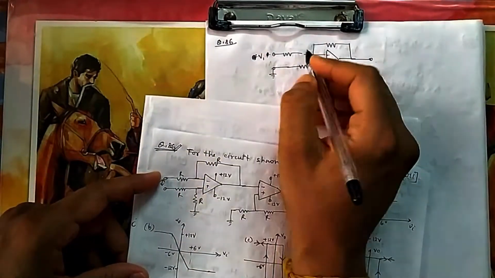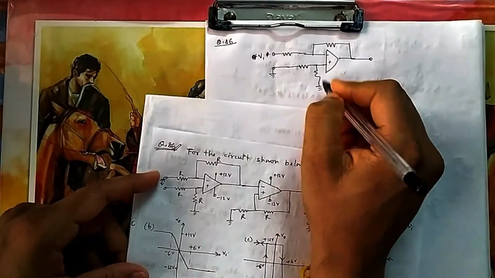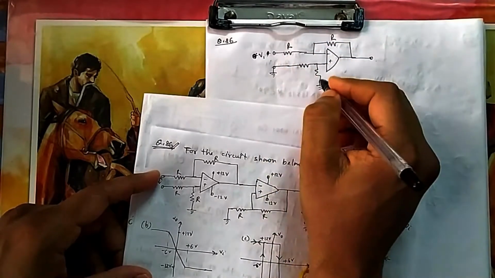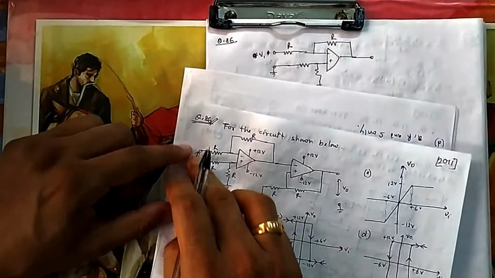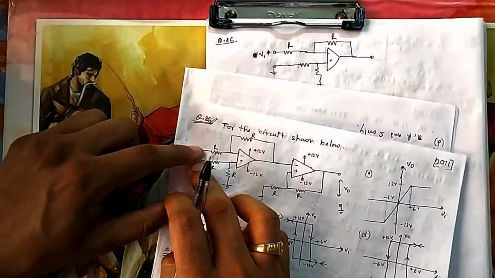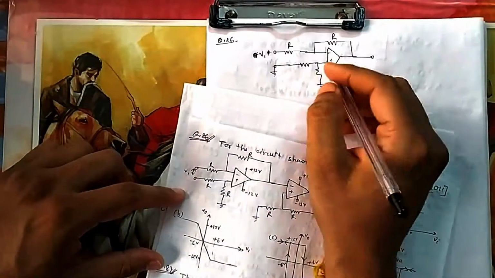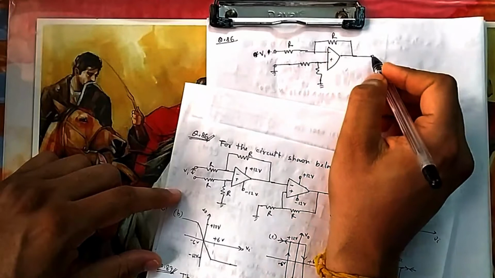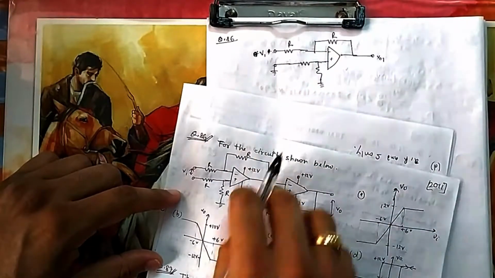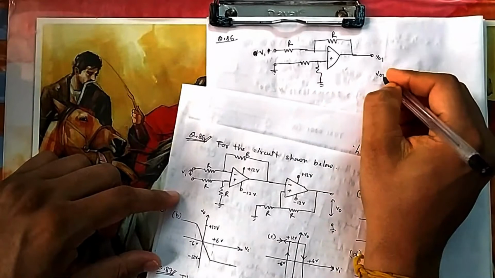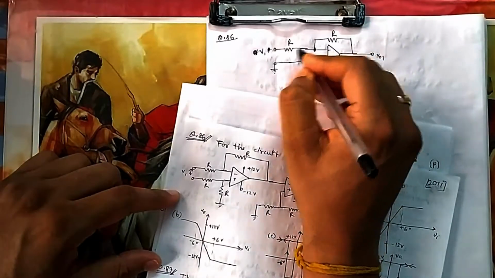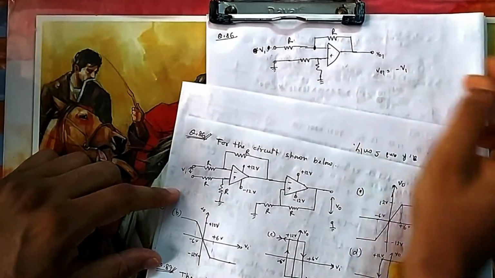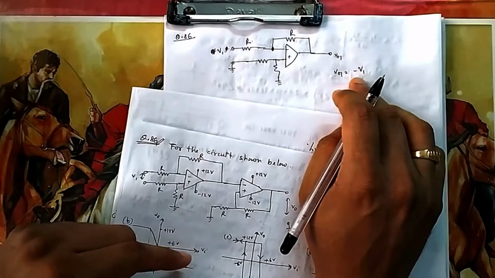So you are getting a standard feedback amplifier. It's negative feedback. Okay, this is R by R. So what is the potential? Because this is ground, this side is also ground. Between these two is V1 means if you take this as 0, then this is V1. So let me take it as 0. So this potential is 0. Again you can take 0 minus V0 by this. If I take this as the first step, V0 1, then what will be V0 1? You know this one. If you do nodal here, 0 minus this by R, 0 minus this by R, so that gets cancelled. You will get V0 equal to minus V1. So till now I got this one.